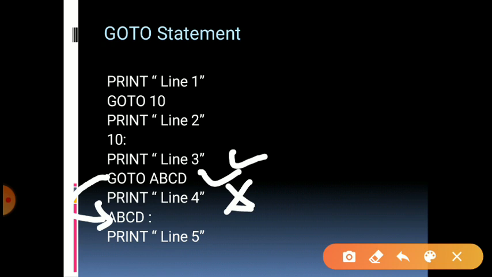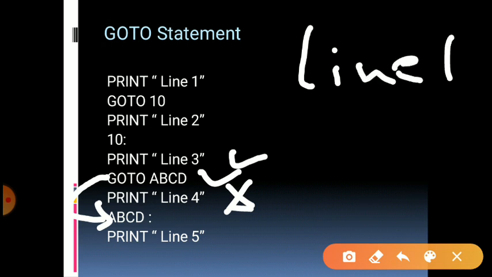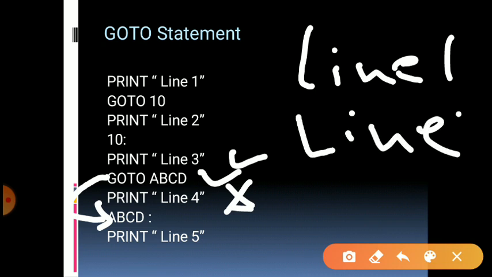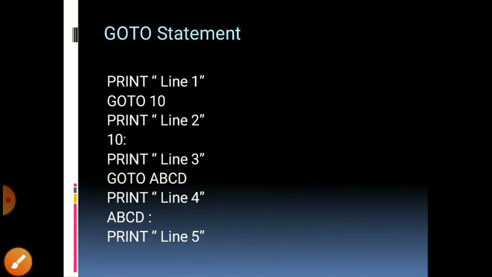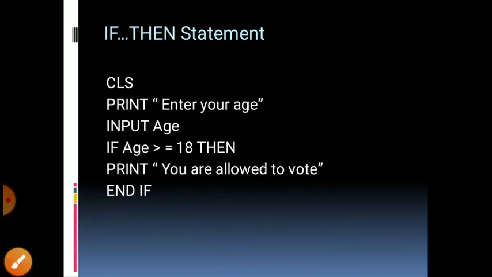So the output is line 1, then skip line 2 because we are giving GOTO 10, then line 3, then it again skips line 4 because here we give the command GOTO ABC, and it will print line 5. This is how this control statement works.